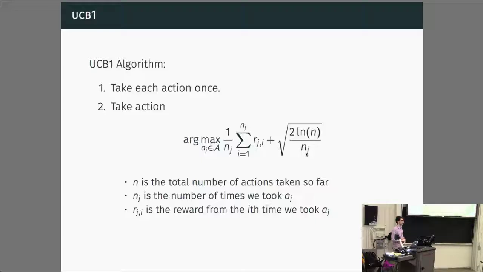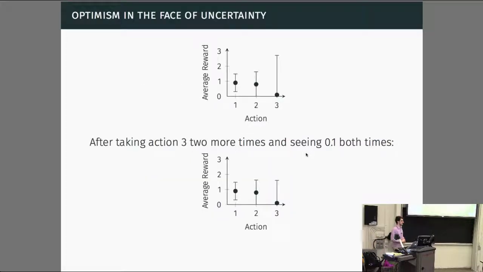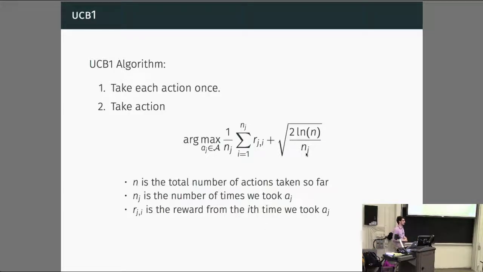What's the reasoning behind this particular form? You use a Chernoff-Hoeffding bound, a concentration inequality. It basically represents some confidence interval, without making more assumptions about the distribution. You can get better confidence intervals if you assume, for example, that the rewards come from a Gaussian distribution. I think the only assumption this makes is that the rewards are between 0 and 1, but it doesn't make any other assumptions about the distribution for each action.